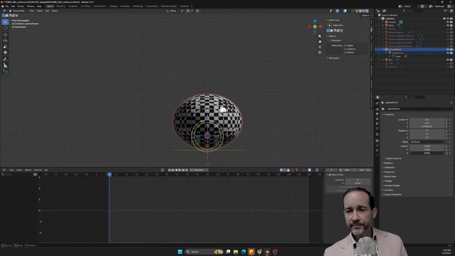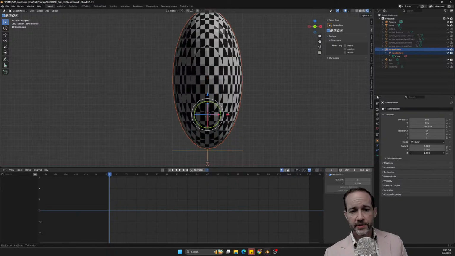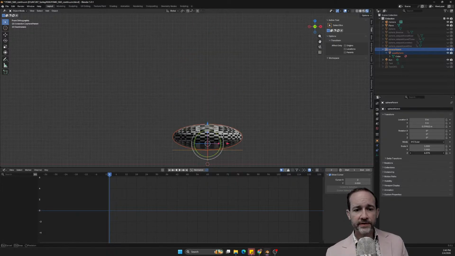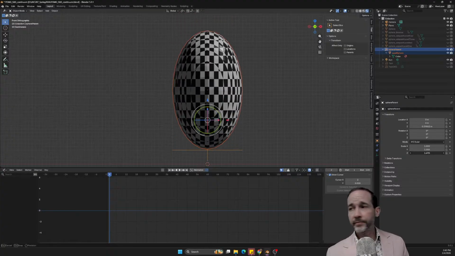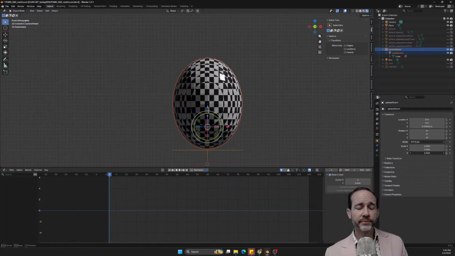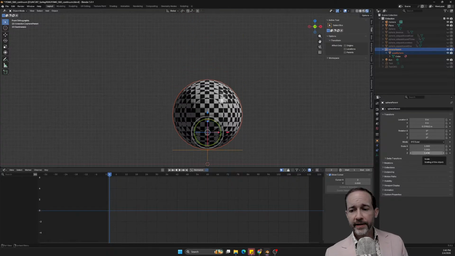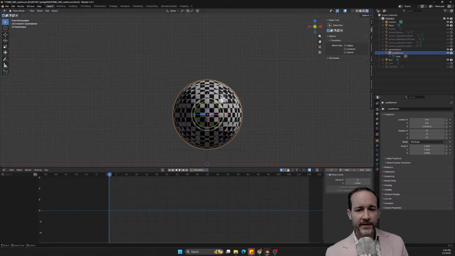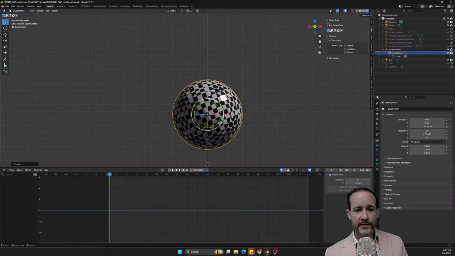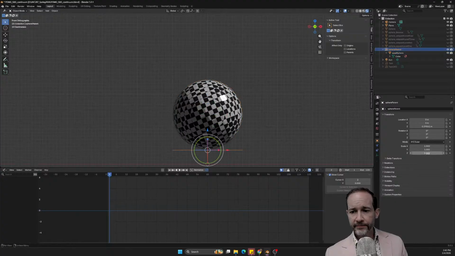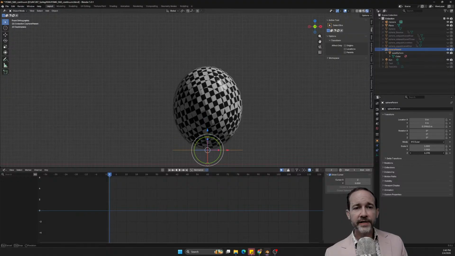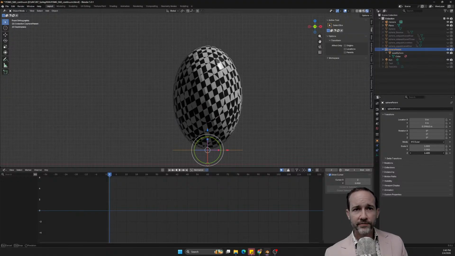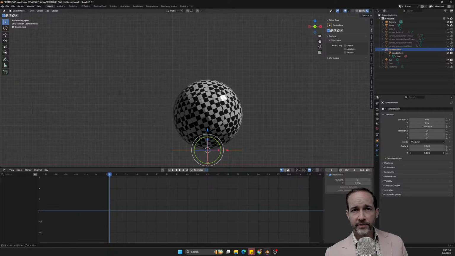If I take the parent and I squash the Z axis here, we can see that this is performing like the spheres that we were working on before, that we did on Monday. But now that this is independent, I can take this sphere, rotate it, and then come back up here. And if I squash, I can squash straight up and down regardless of the rotation of the object.